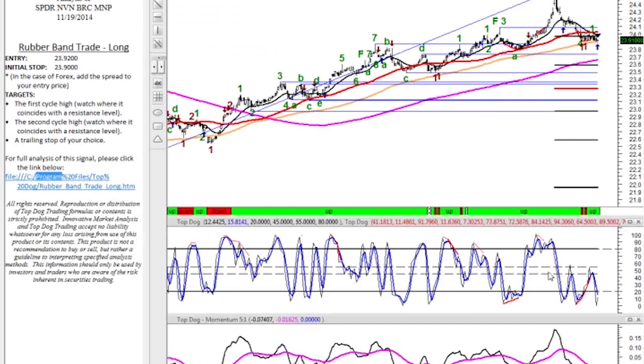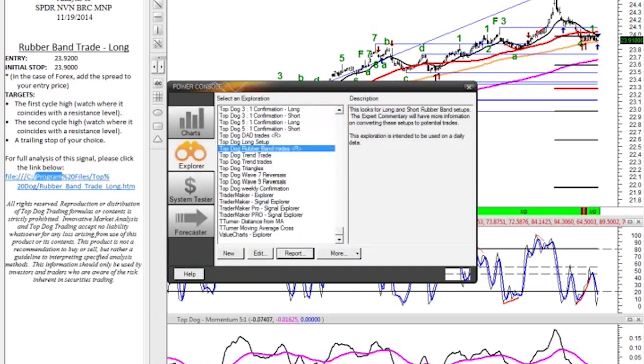I promised to show you how to run a scan. I know scanning is quite a new concept for everybody, and certainly one of the things that's really nice about Metastock is, okay, I want to find a trade for today. This is how I found this rubber band trade. So how does that really work in Metastock? What I'm going to do is click on this pair of binoculars right here. So I'll just go ahead and click on that.